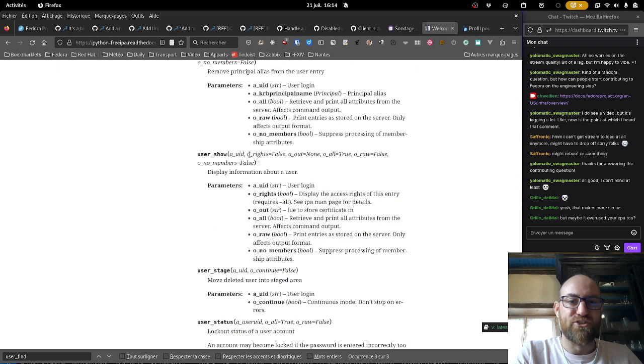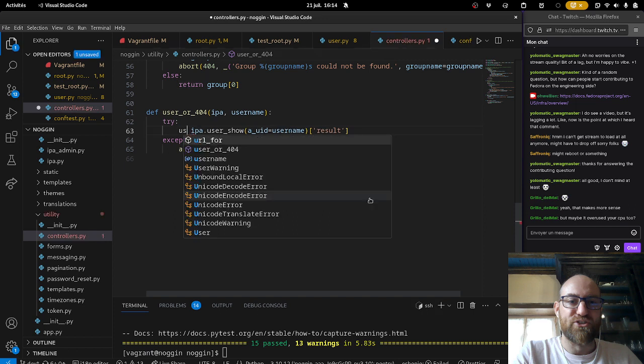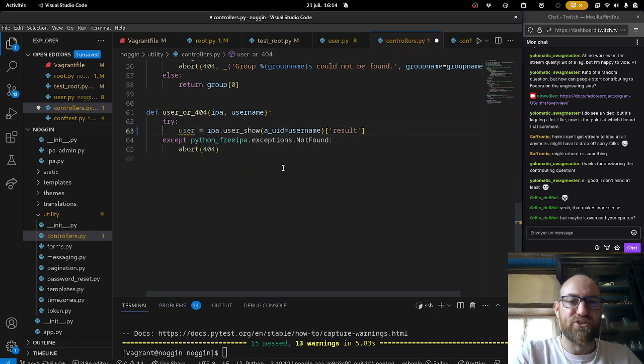So it has rights, display the access rights, file to store, retrieve and print all attributes. That's just different ways of displaying or retrieving information, but it doesn't change that it's still showing this user. So what I can do, instead of returning it just like this, is store it, and then I test if it's locked.